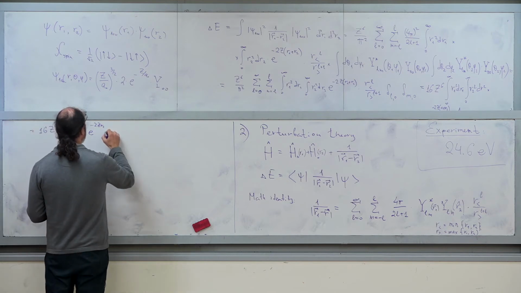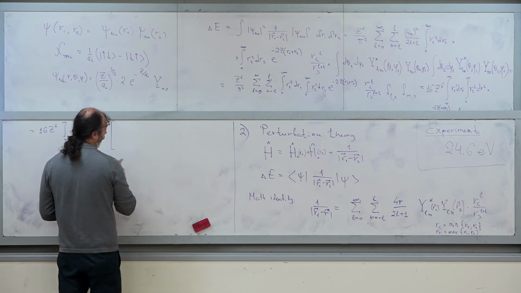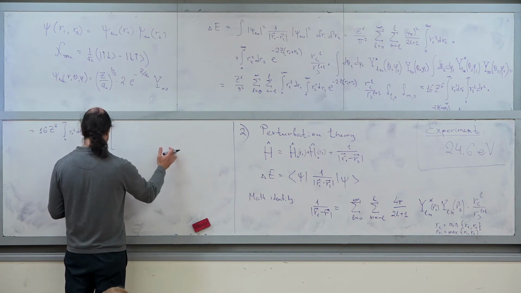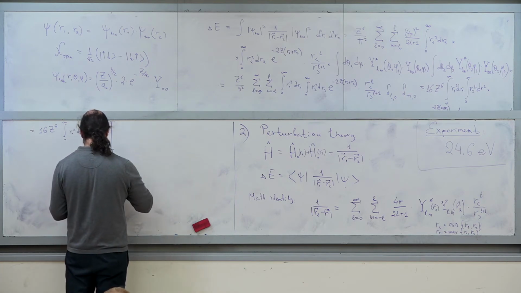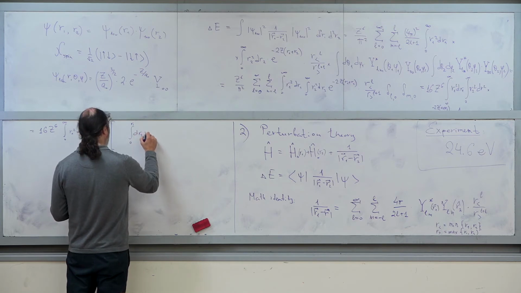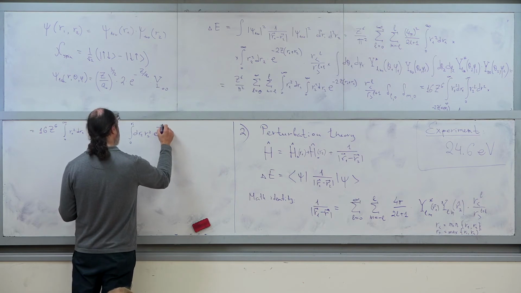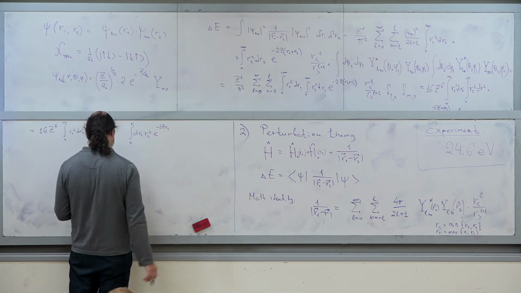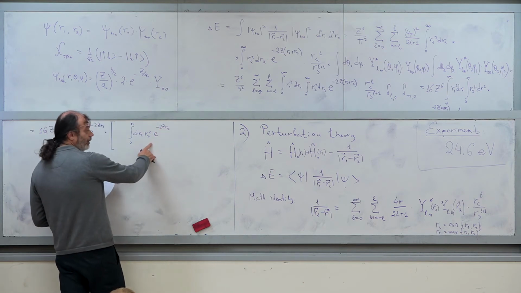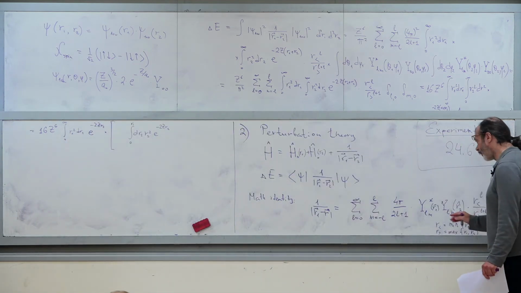And now we have to multiply that by the sum of two contributions. One contribution will give me the integral between 0 and r1 of dr2 r2 squared, multiplied by e to the power minus 2z r2. And here we get this contribution of 1 over